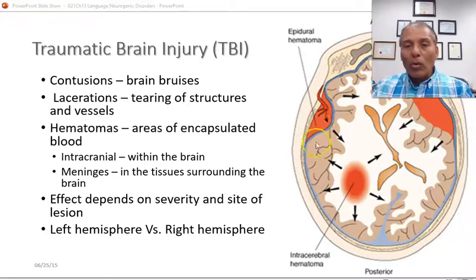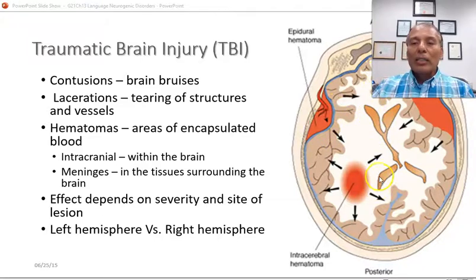So now every area is going to exert pressure, and you look at the size of the brain, it has lost its symmetry. It has lost a lot of the functionality. And the solution for this is, when the patient goes to the emergency room, they immediately drill a hole inside of the skull, and they put a tube and they drain that blood out. That's an immediate relief, so that they go then after and they repair the blood vessel.